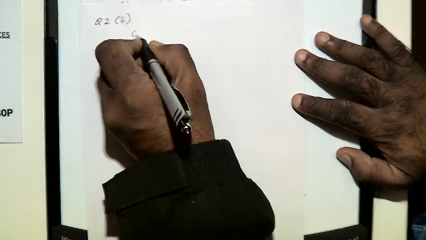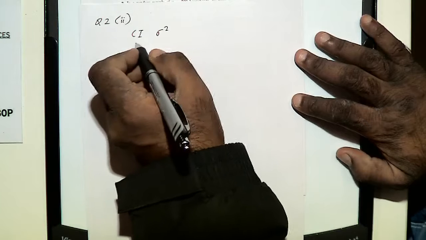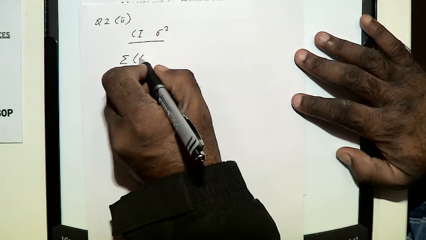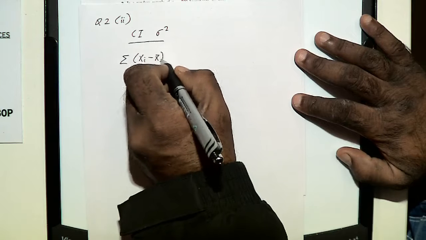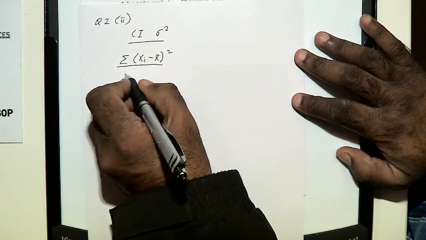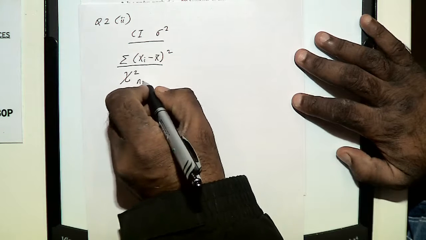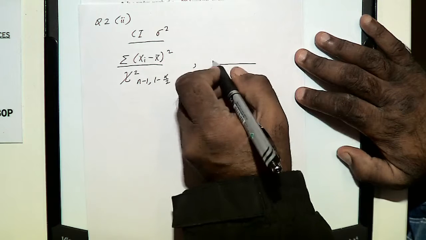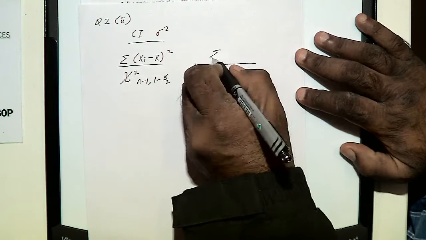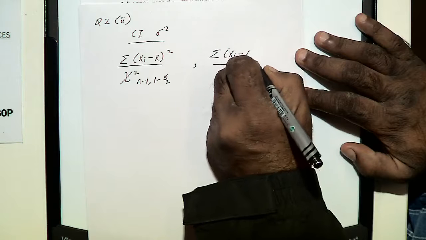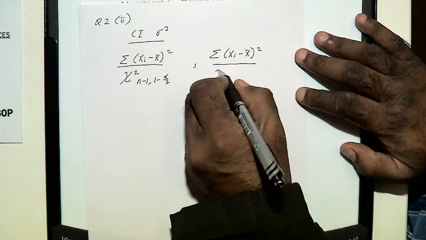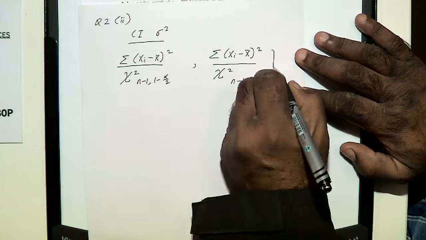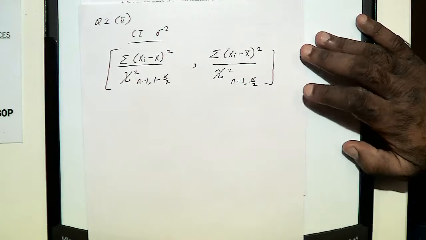The confidence interval for sigma squared, right, is